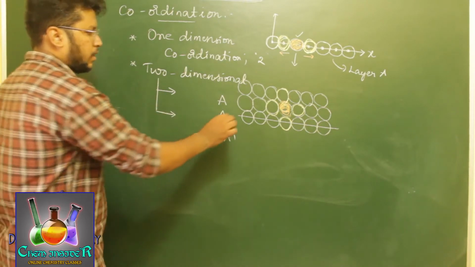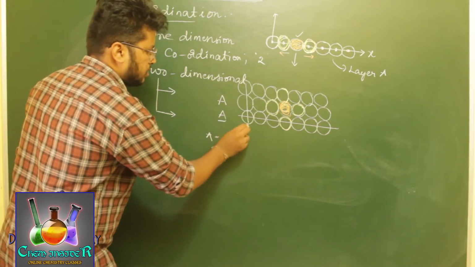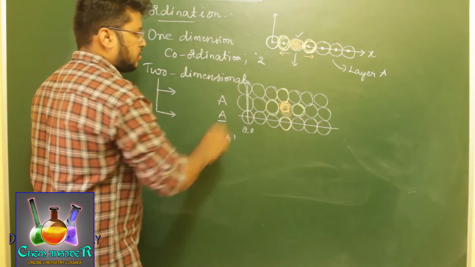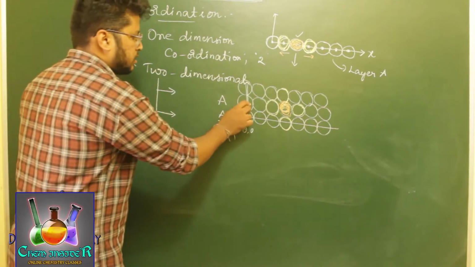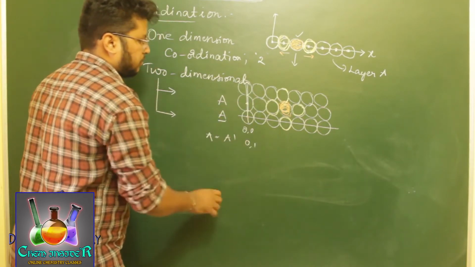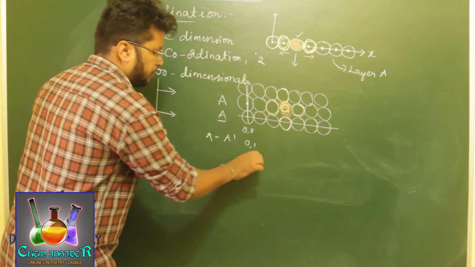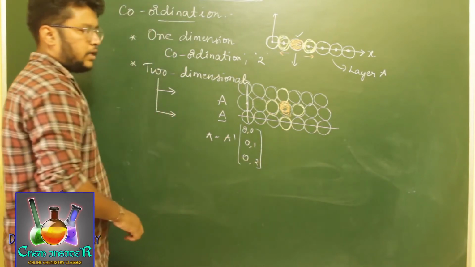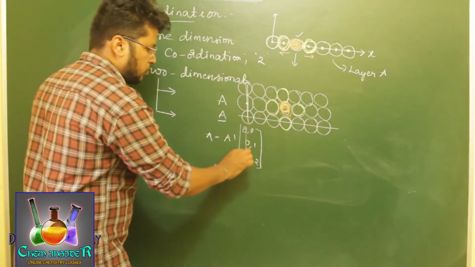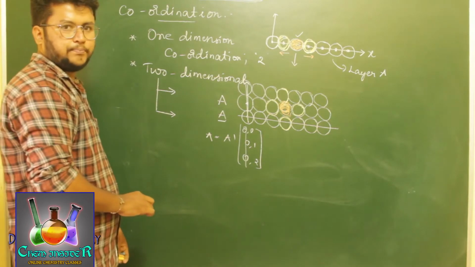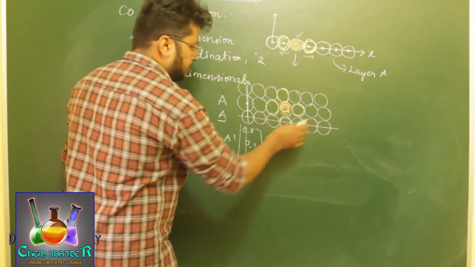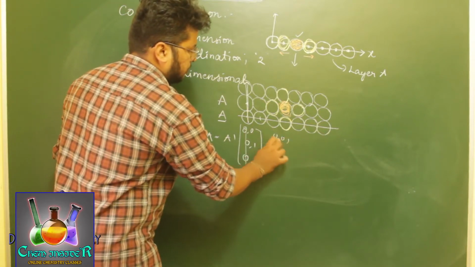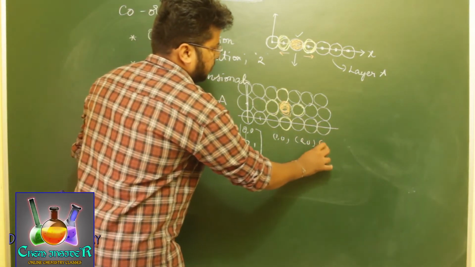So if you take a point like this, this is the origin 0, 0 and this is the y axis. So we can clearly say that this will have, let us say, 0, 1 and the other one 0, 2. So the atoms present on this line, the y axis, have the same x value, that is 0. If you take this one, this has 1, 0, 2, 0, 3, 0.